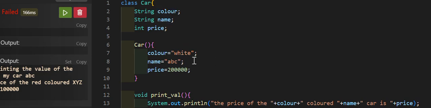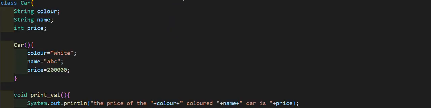The color will always be white, the name will always be ABC, and the price will always be 2 lakhs. So basically a constructor helps us initialize the values of the data members.